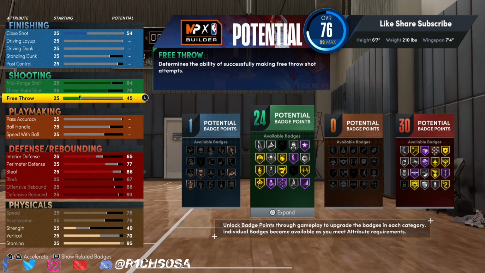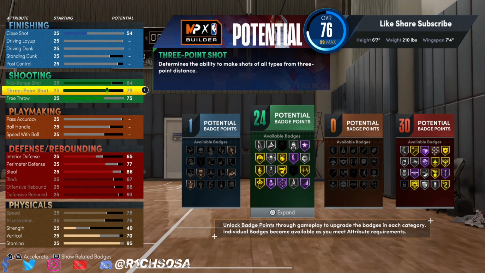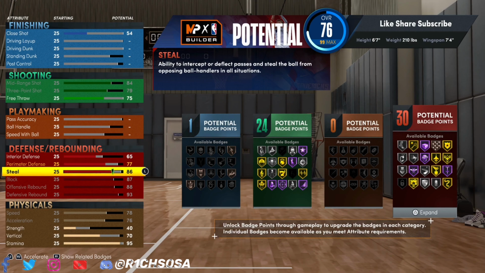Now, for the shooting, I'm going to go with a mid-range shot maxed out. Same thing for the 3-pointer, then go with the 75 free throw. And that's going to bring us up to around 24 shooting badges. For me, that's going to be very perfect. Now,